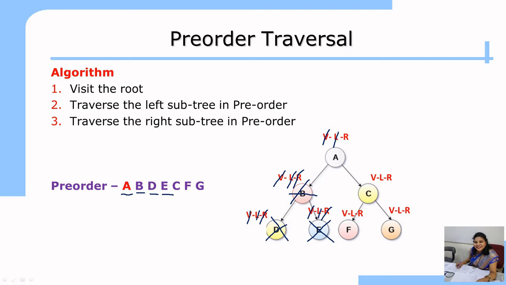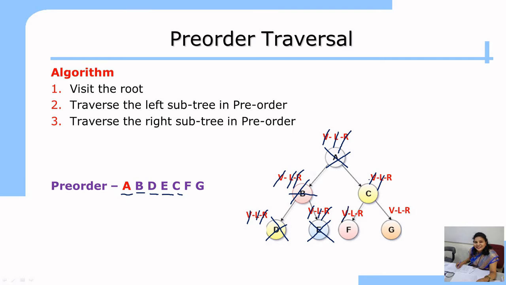You can see that for the algorithm at the root node, V and L we have already performed. So next step is go to the right side. So control comes over here. Again, first step of the C, visit the vertex. So you print C here. Next step is go to the left side. So your control comes at this F.